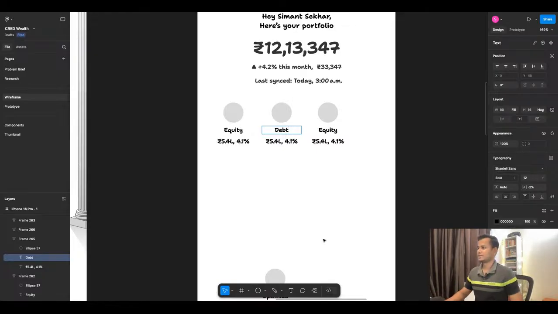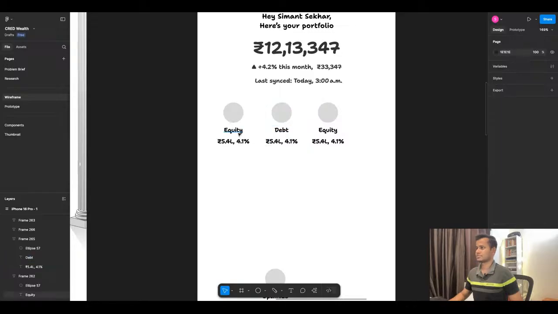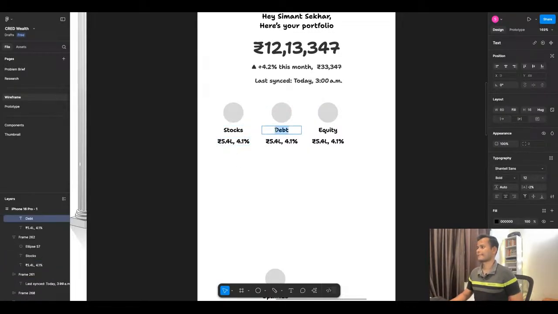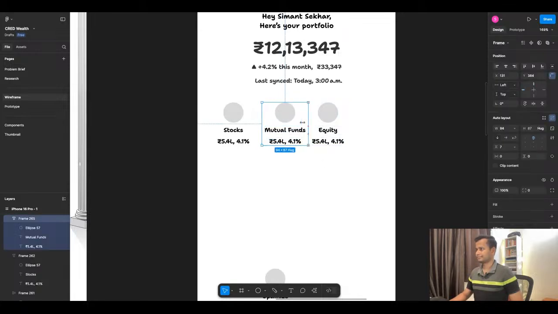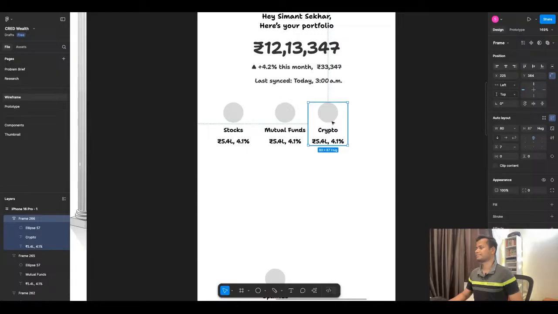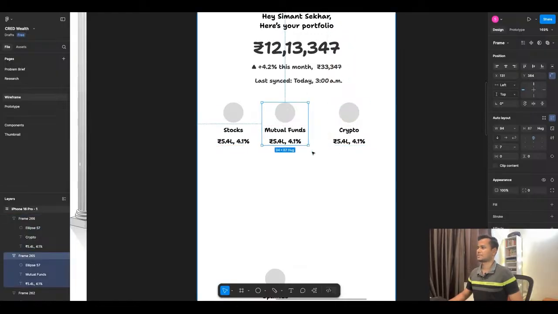Instead of equity, debt and all those things, I want to go back to stocks, mutual funds, then we have next is crypto. For keeping it simple, minimalistic, we will follow a 3 by 3,